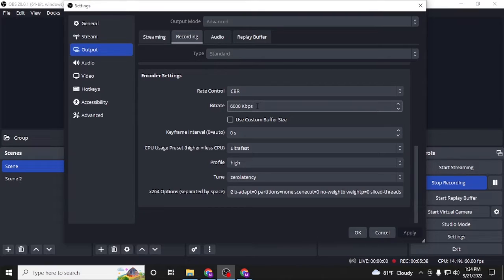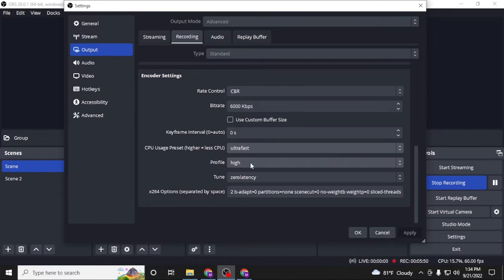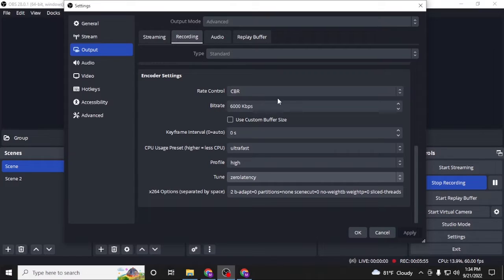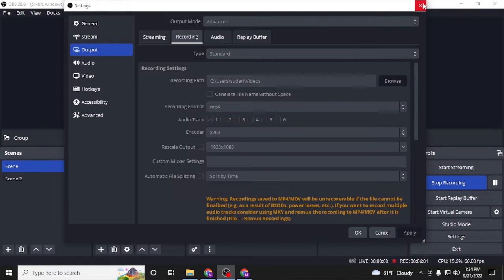automatically rebalance itself. And I have enabled these encoder settings to the best for minimal optimization. You can choose one of these. You can see the CPU usage is ultra fast, which means it will take less CPU, and the profile is high, and the tune is zero latency, and the rate control is CBR, which is my encoder, with a bitrate of 6000. After you have enabled these recording settings, click on apply and click on OK